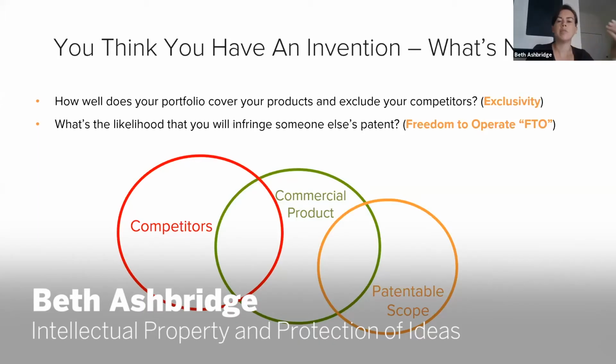You are the expert in this field. You need to take possession of your invention and your intellectual property to get the best out of your portfolio. And so we hopefully will give you some tools to help you work out what's already out there. If we can have a new generation of people leading companies that actually take an interest in their intellectual property,